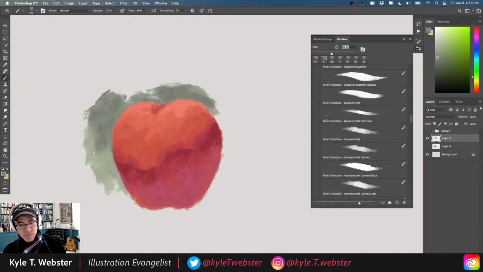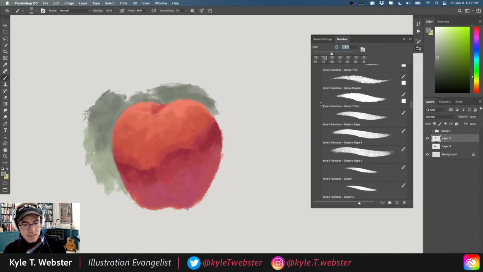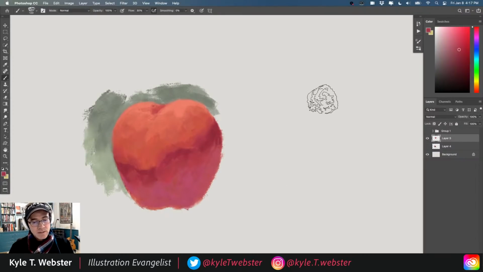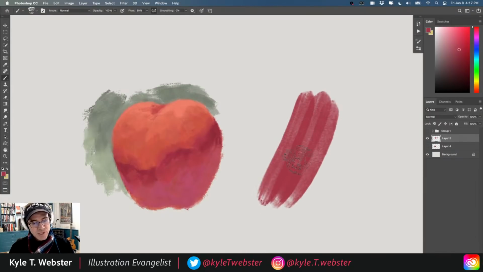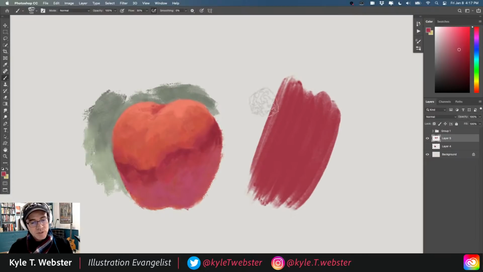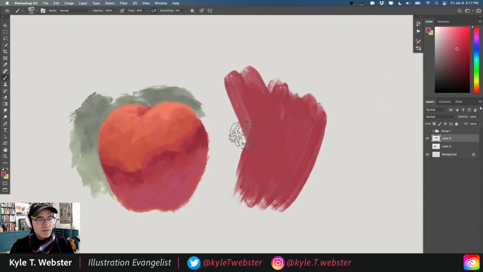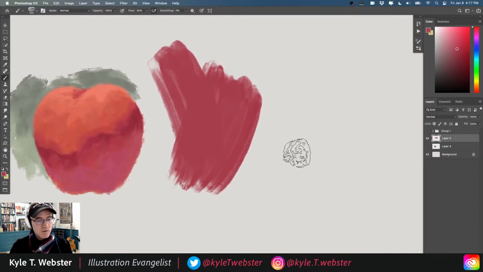Now, just for comparison's sake, why don't we grab something else and see how these can help you out with a different look. Glazer's Edge, for example. Now what this brush does is it makes every brush stroke kind of visible until you start to build up towards solid color. And when you do, just go ahead and grab a slightly lighter version of it, like this, and hit it, like that. Hit it again. You know, I like to do this, to sort of bounce back and forth with my eyedropper tool, just to put a few light strokes over something to make it look like, okay, there's a brush stroke that's just gone over it. Okay, but this is a completely different look that you could paint with,